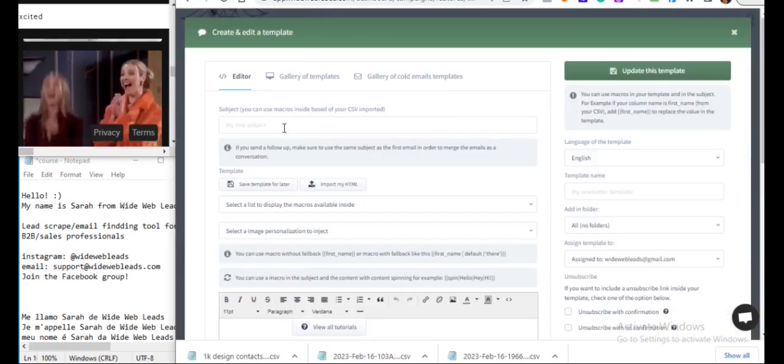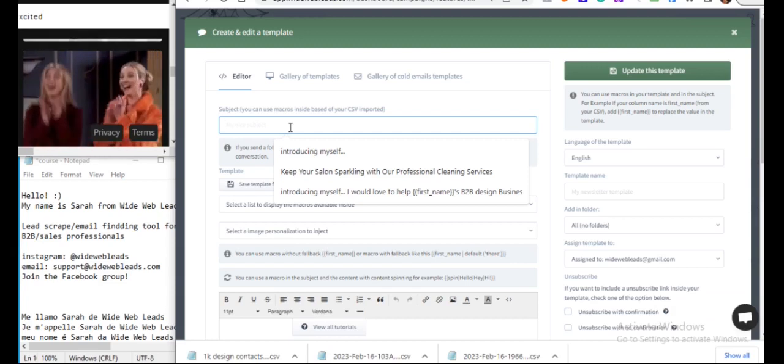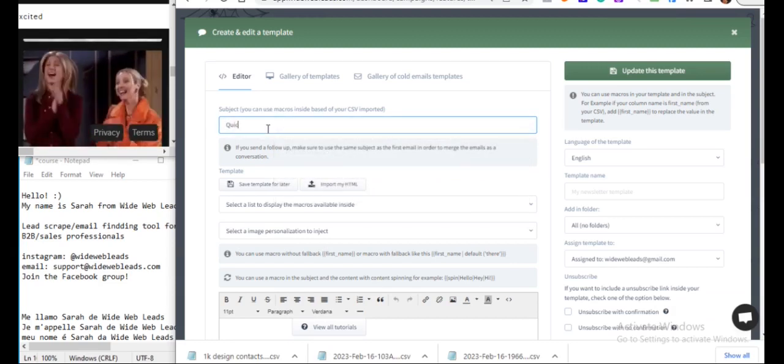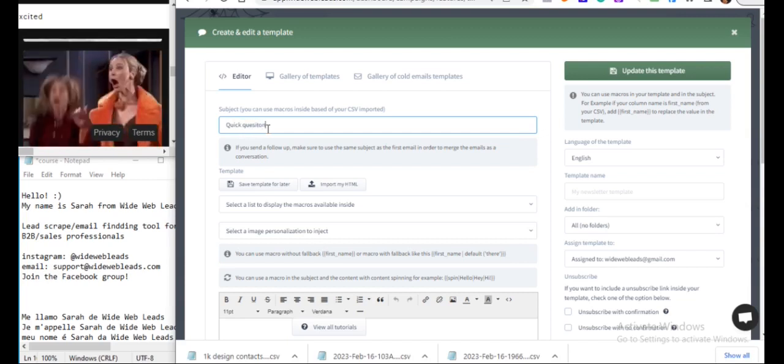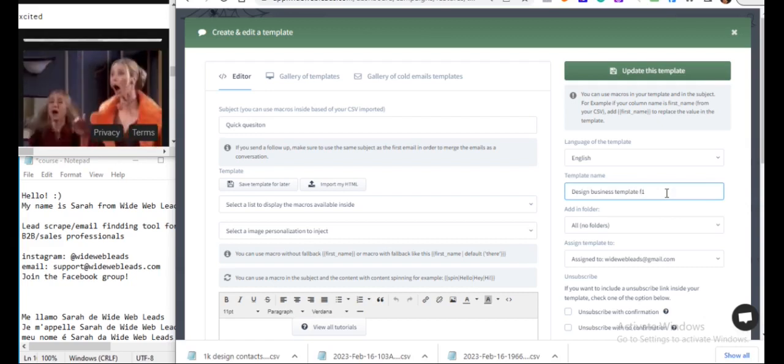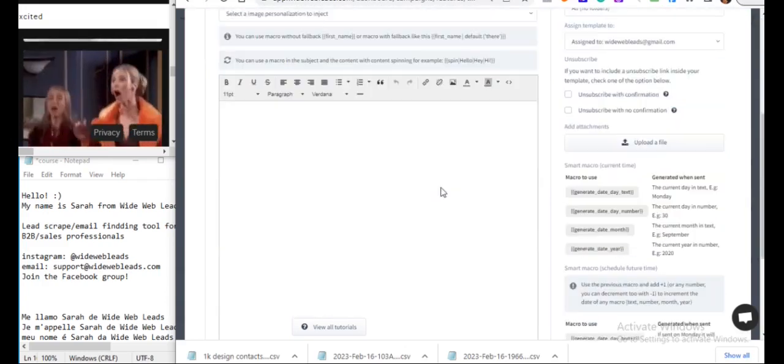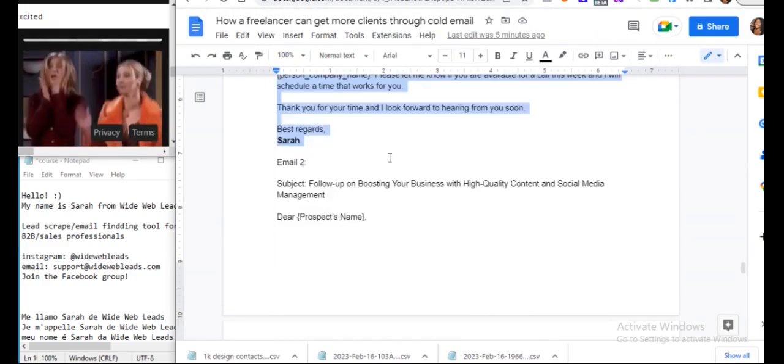So we'll add our second template. And we'll keep it as introducing myself, or maybe quick question. This will be F2 or F1. Follow up 1. And that's where you'd paste in your follow-up.